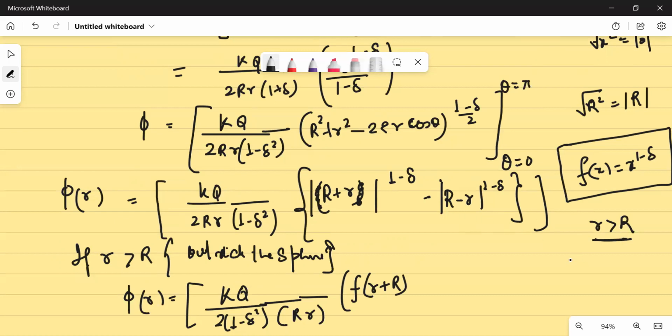and मैंने एक चीज बताई हुई है कि मॉडुलस ऑफ x क्या होता है? It is equal to x if x is greater than 0, it is equal to minus x if x is less than 0. अंदर देखो क्या लिखा है, कैपिटल R माइनस स्मॉल r. लेकिन r अगर ग्रेटर देन कैपिटल R है, then this particular thing will become negative. तो आप क्या करोगे, you just take a negative of it. So this will be like f of,